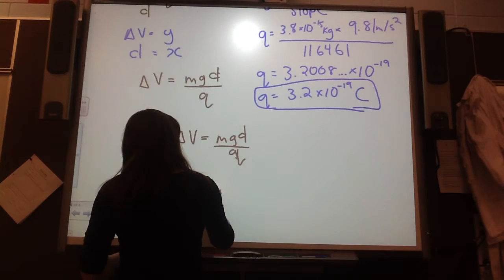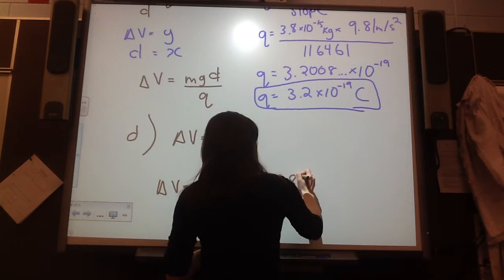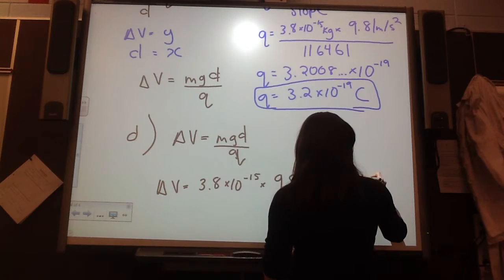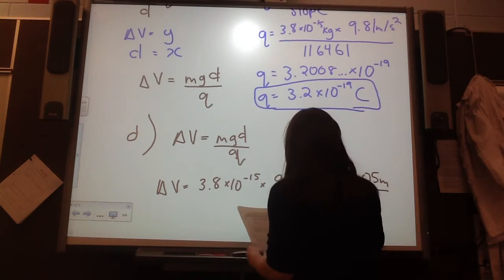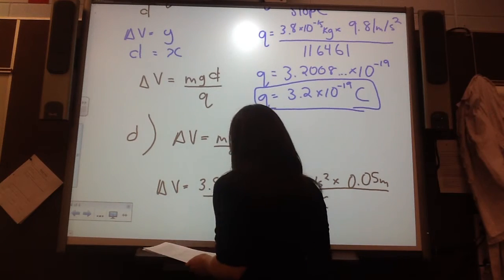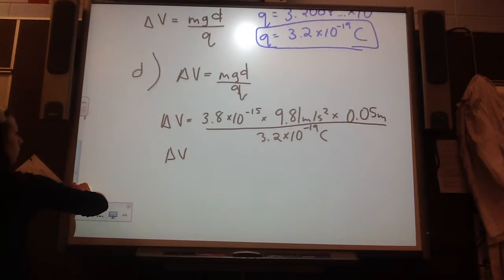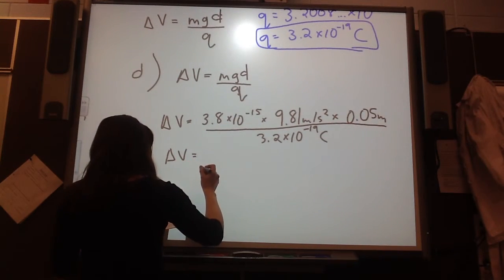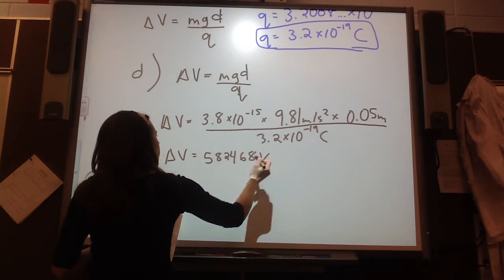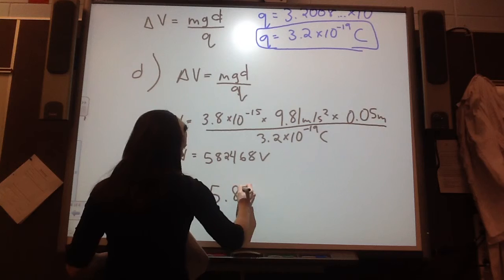So my mass, again, 3.8 times 10 to the negative 15 times 9.81 meters per second squared, times my new distance, which is 0.05 meters, all divided by 3.2 times 10 to the negative 19 coulombs. So I get 5, 8, 2, 4, 6, 8 volts. To sig digs, 5.8 times 10 to